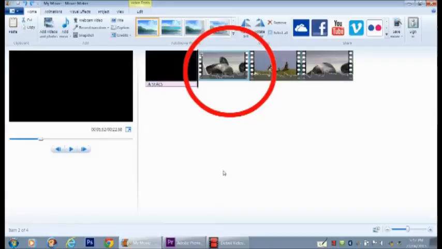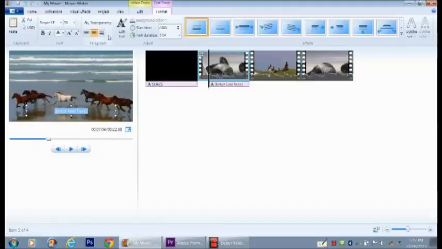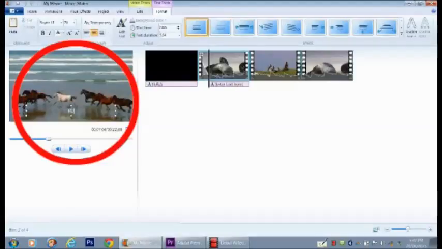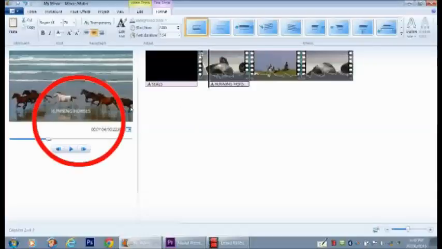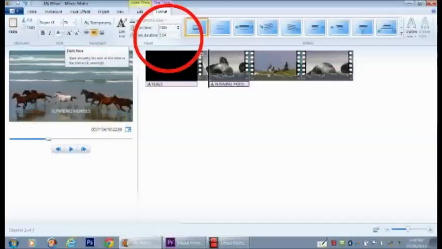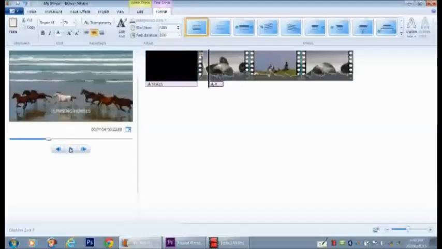To add a caption or subtitles to a selected piece of video, first select the video, move to the top bar, select Caption, enter the text you wish, and click on the Enter Text Here button. The caption will now display across the bottom of the video, and the start time is displayed on the top bar. The duration of the text is adjustable so that it does not run over onto the next piece of